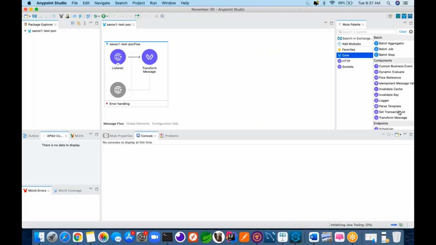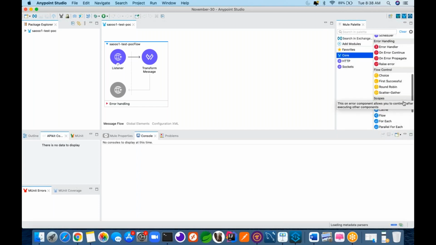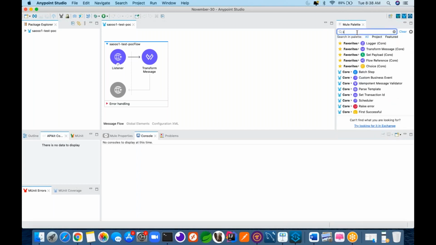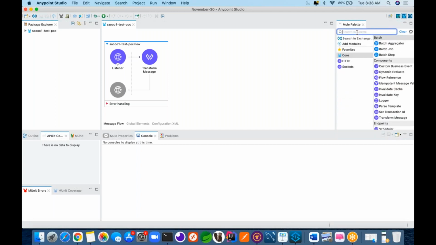In the core, we are going to cover whatever connectors are available here, and batch jobs and all, especially at the connectors level. Salesforce, HTTP, file, SFTP, database, and a few more connectors. Amazon S3 also. I have used S3 and there is a use case with it. We are going to connect the S3 connector, fetch the files from the S3 bucket and use them in our Mulesoft flow.